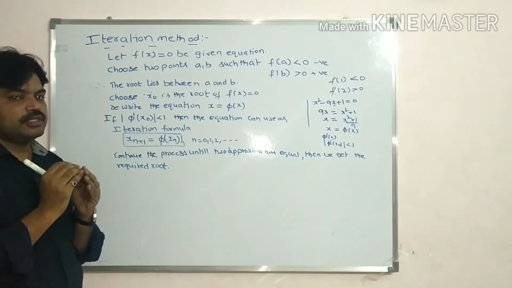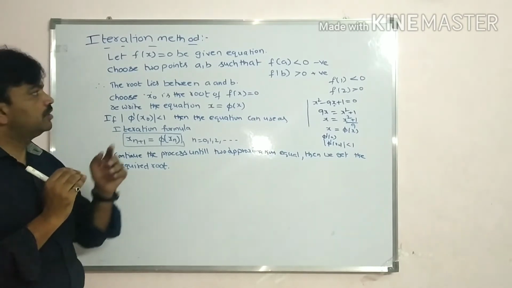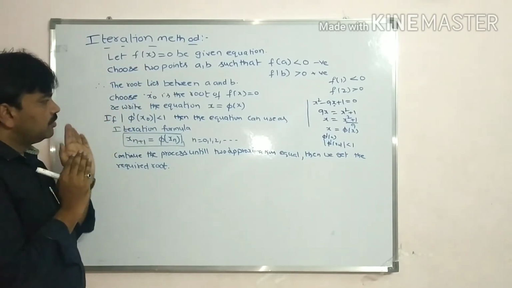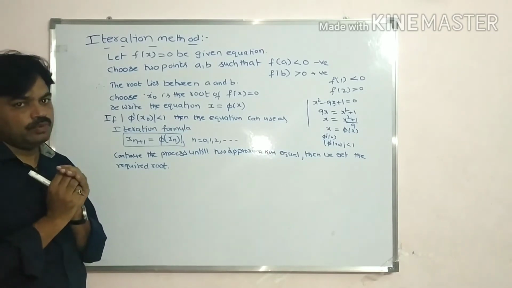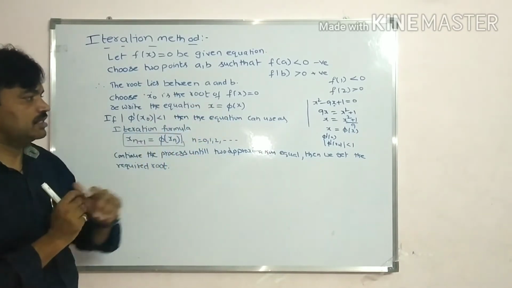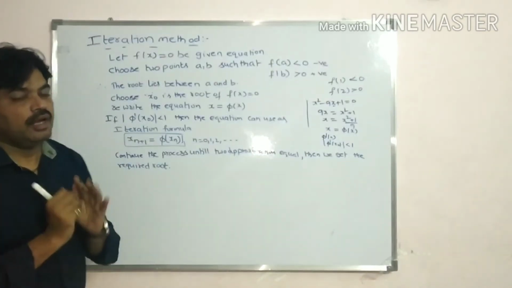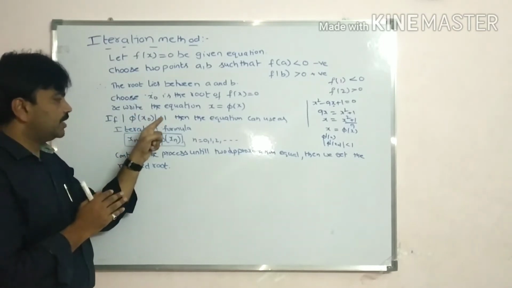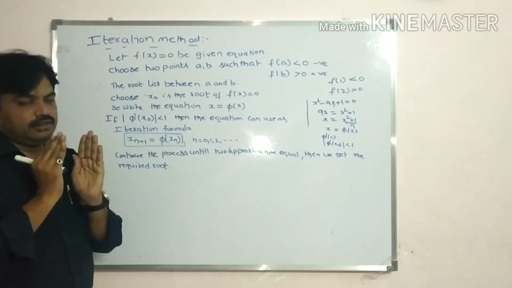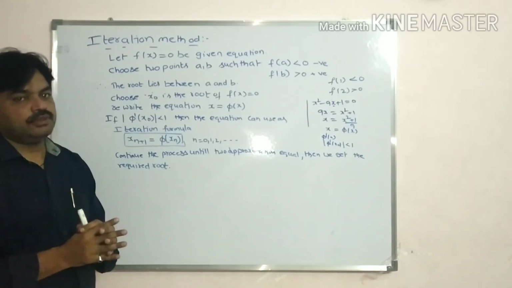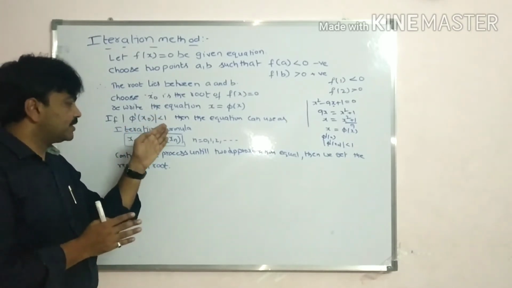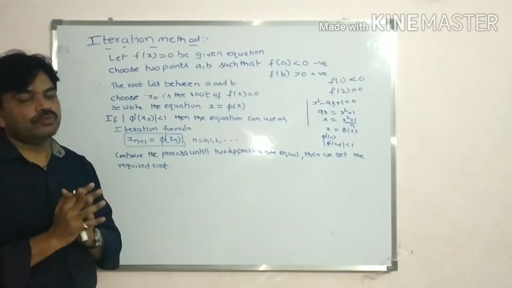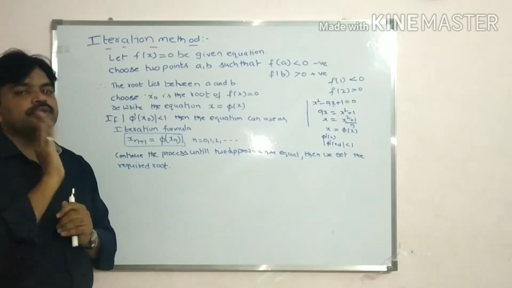Now initially we say that is approximation root of the given equation. Now you rewrite the equation as x is equal to phi of x, like this. And then you check the condition. What is condition? If phi dash of x naught is less than 1, the condition must be satisfied, students. If phi dash of x naught is not less than 1, can we apply this formula? No. We cannot apply the formula.